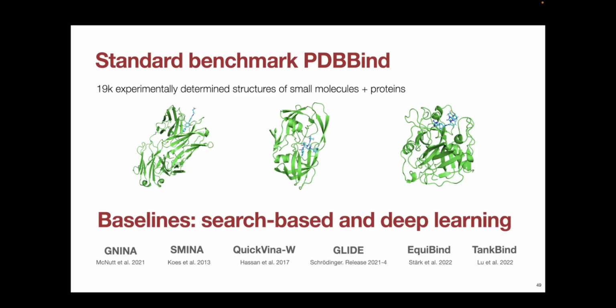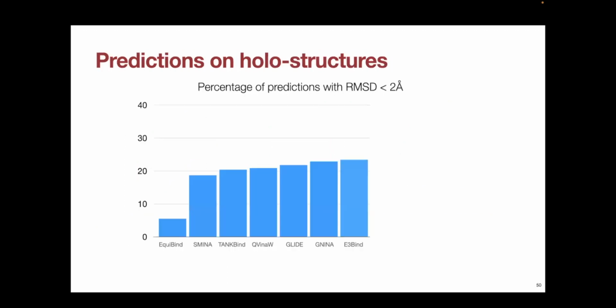We do a time-based split, so we train on complexes that were resolved before 2019, and we test on newer complexes. For the complexes that we test on, we make sure that there are no ligands that were in our training set, to look more for some kind of generalization. And we have various different kinds of baselines, both traditional methods and deep learning ones.